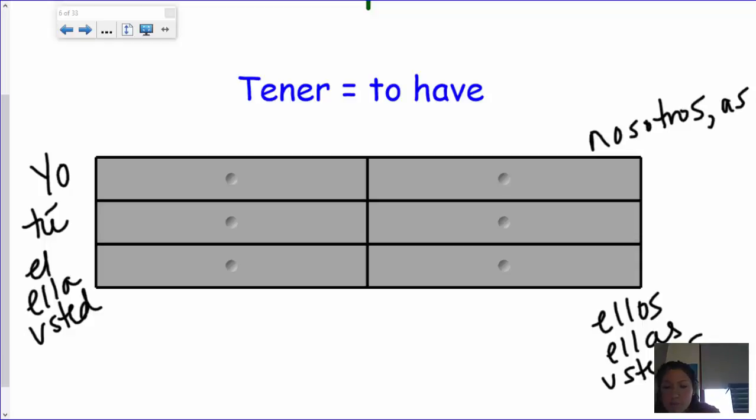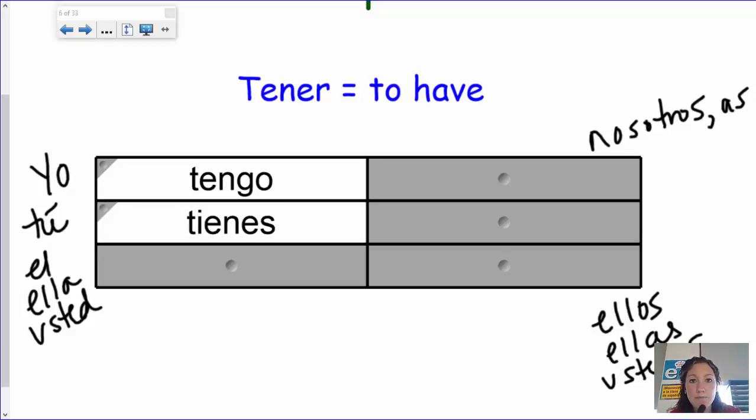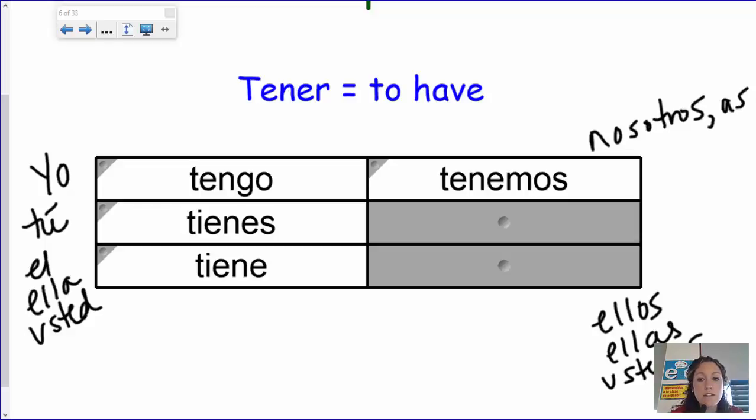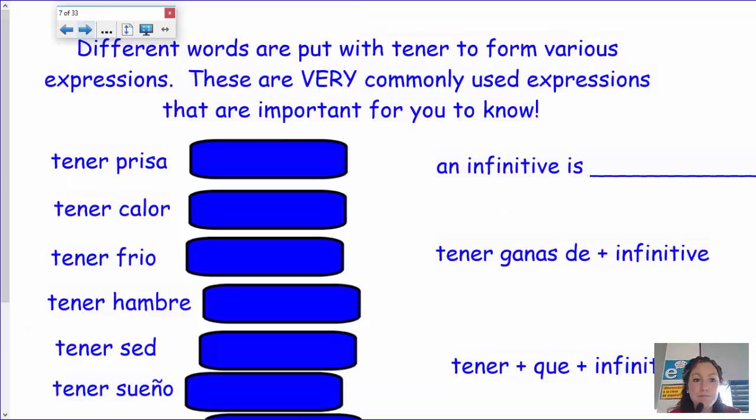And then this should be fresh in your minds because we just did these with our stem changing verb unit. So remember that the yo form of tener is tengo. Yo tengo, I have. The tú form is going to take a stem change. So it's an E to IE verb. So the tú form is tienes. Él, ella, and usted, tiene. Nosotros tenemos. Y ellos, ellas, ustedes tienen. Okay, hopefully we have that down pat after our last unit.